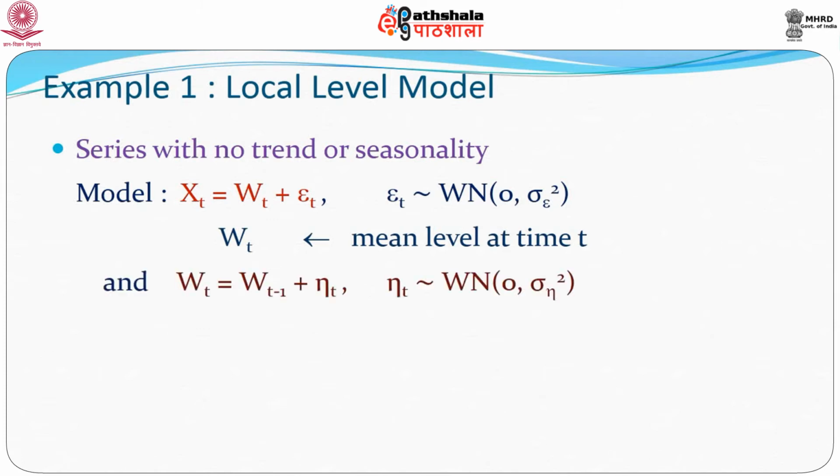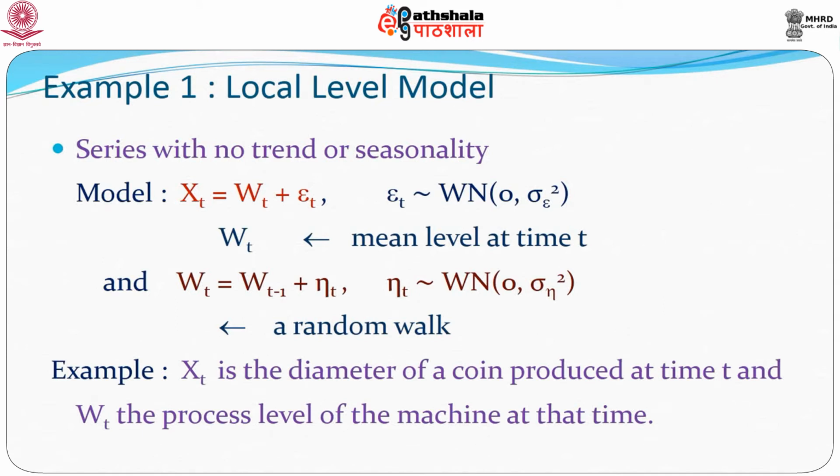generated from Wt minus 1 plus eta t, where eta t again is white noise. So, basically Wt is Wt minus 1 plus some error. So, what has happened at the previous state plus an error. Now, you can observe that this is a random walk, and let us look at an example where such models will work. Suppose we are looking at a manufacturing system, and suppose in a factory coins are being produced, and